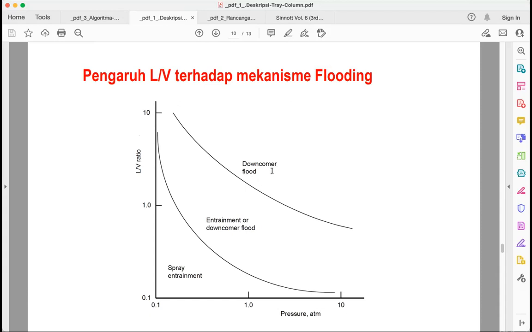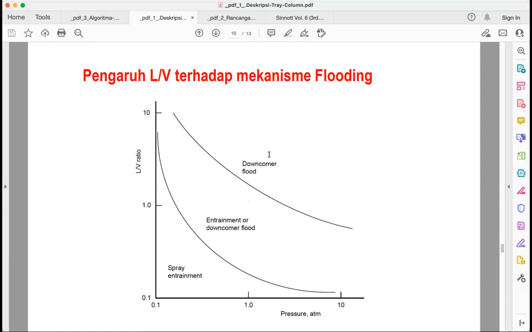Is it downcomer flooding, or is it spray entrainment upward? If you have a low pressure and a low L over V ratio, maybe here, with the small pressure, you may have spray entrainment. If you have enough pressure, sometimes it will have